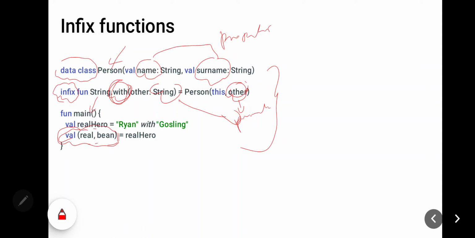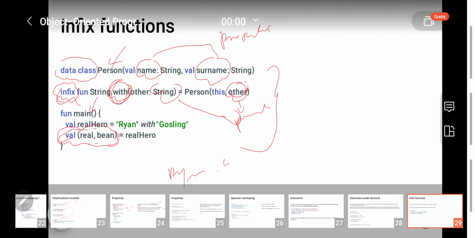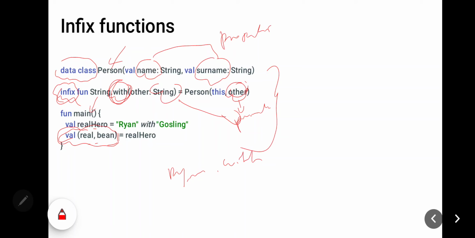If you don't use this infix function, you have to write a function like this: Ryan dot with Gosling. You have to carry this dot and insert it into your code.